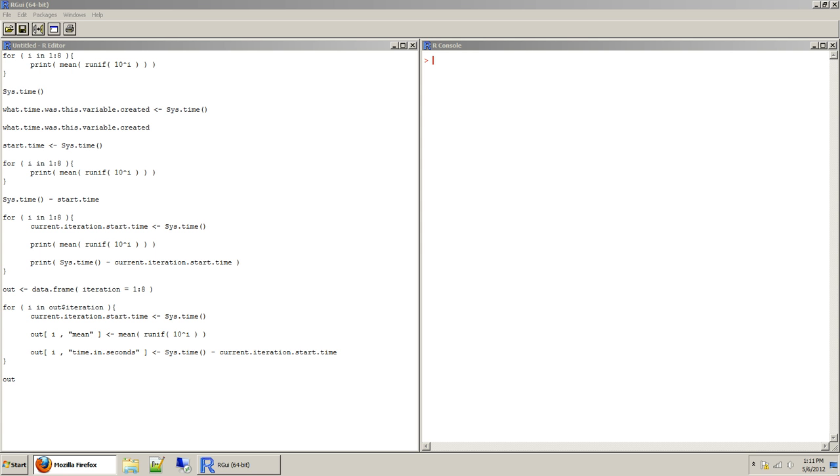Well, now you can. To demonstrate how, we'll just use a simple for loop that loops through the numbers 1, 2, 3, 4, 5, 6, 7, 8, and does what? Generates 10 to the first random variables, then 10 to the second, then takes their mean, then 10 to the second, then 10 to the third, and takes their mean, and so on, all the way up through 10 to